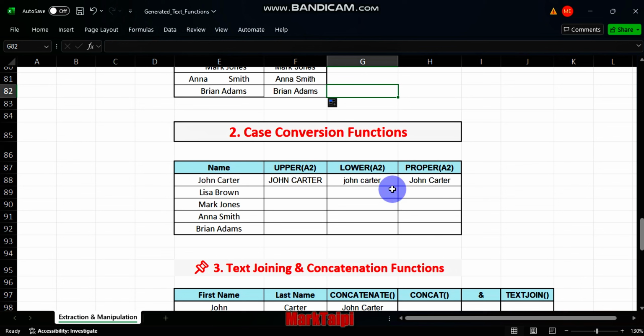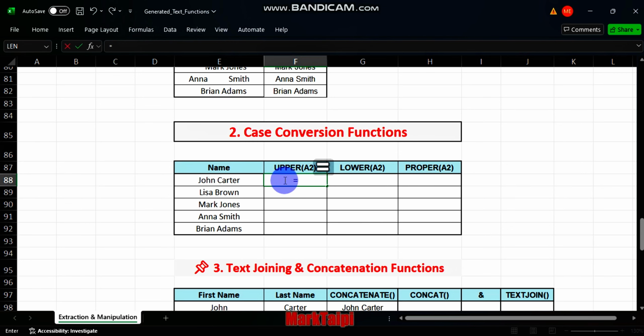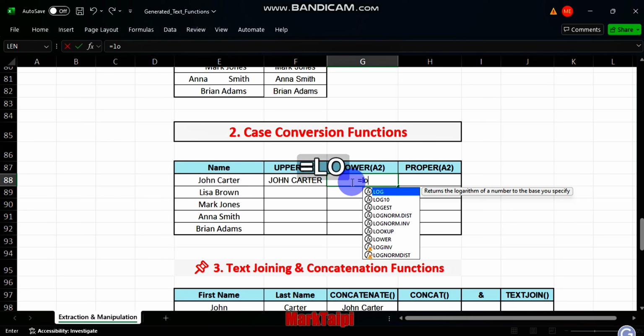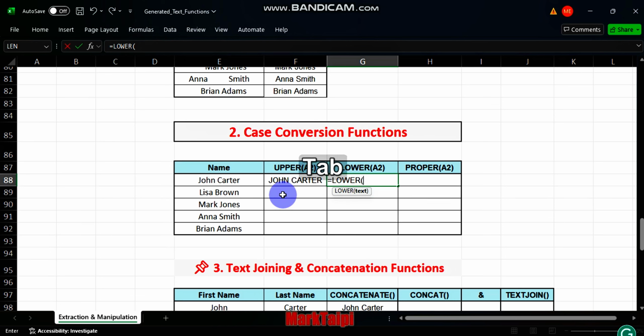Now let's go to case conversion functions. Now here we are talking about capital letters and small letters. So given these names, let me delete these ones, and you want all of them uppercase, so you are going to use the upper function and it will do it. The same with the lower function,